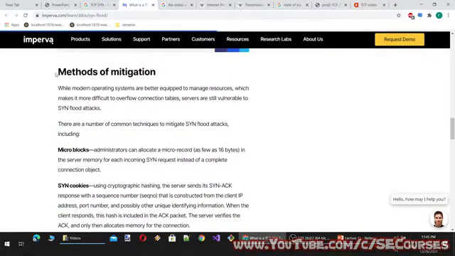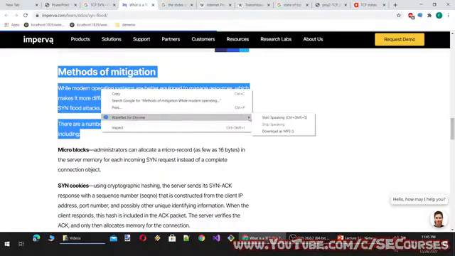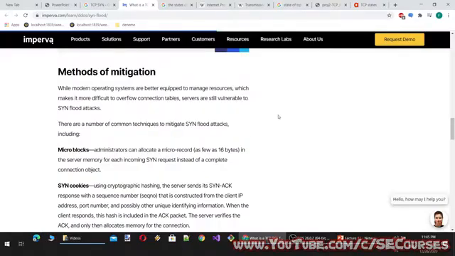Okay, there are methods of mitigation as well. Let's learn them too. Methods of mitigation. While modern operating systems are better equipped to manage resources, which makes it more difficult to overflow connection tables, servers are still vulnerable to SYN flood attacks. There are a number of common techniques to mitigate SYN flood attacks, including